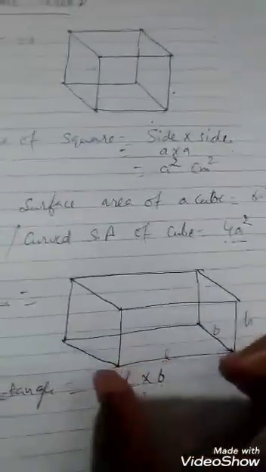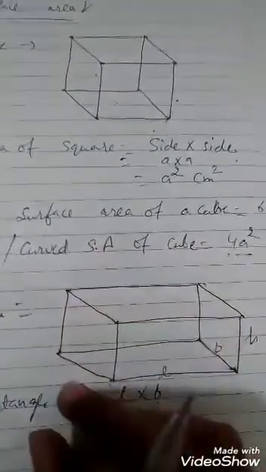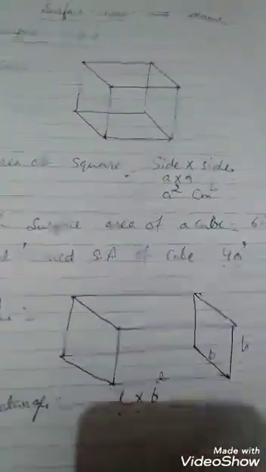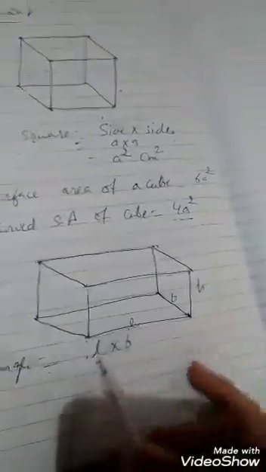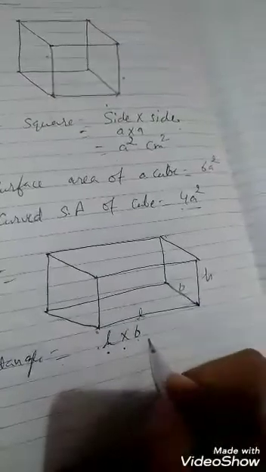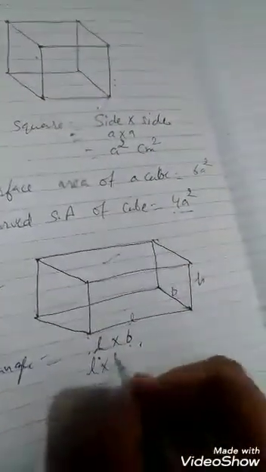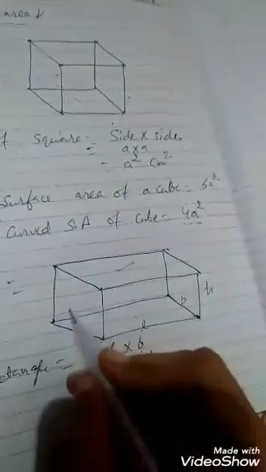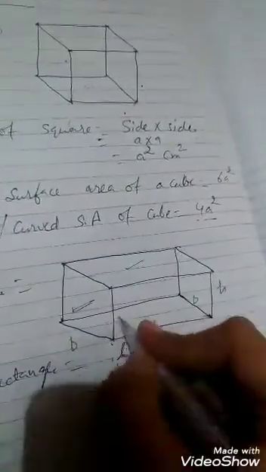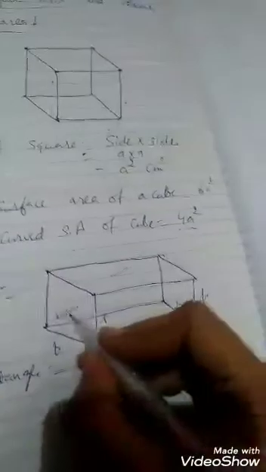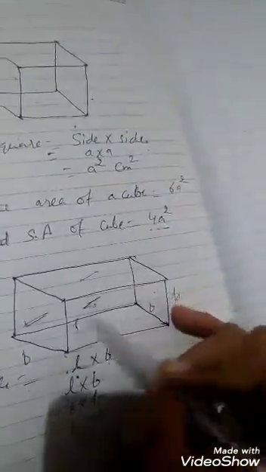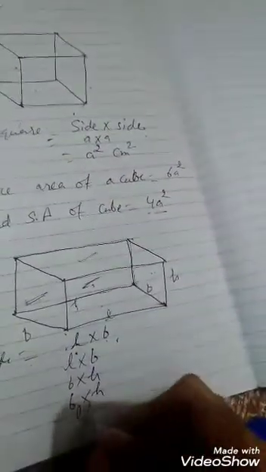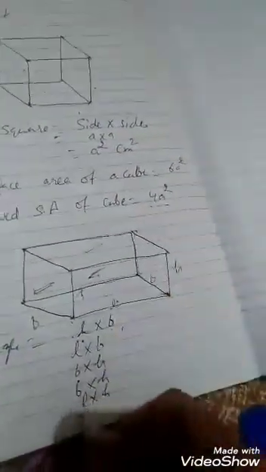3 dimensions are there. So if we want to find the total surface area of any cuboid, we will find the area of all the 6 sides of this cuboid. If we take the downside, its area is L into B. If we take the upper side, it's also L into B. And this side, if we take, this is breadth and this is height. It means breadth into height. In front of this, also breadth into height. And this one is length and height. Length multiplied by height. In front of this, length into height.